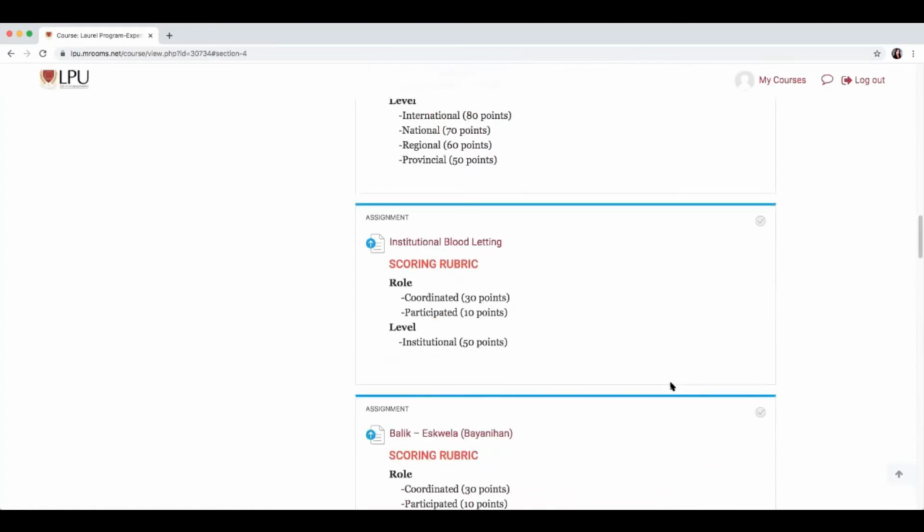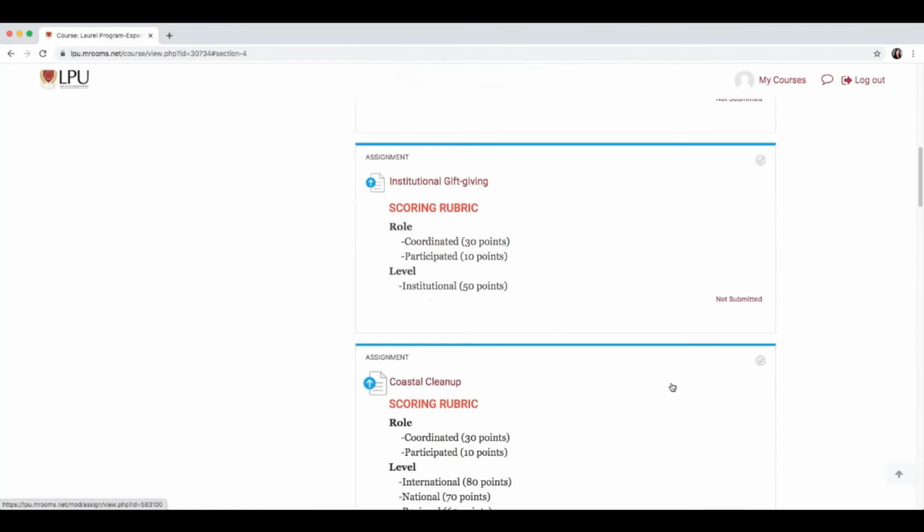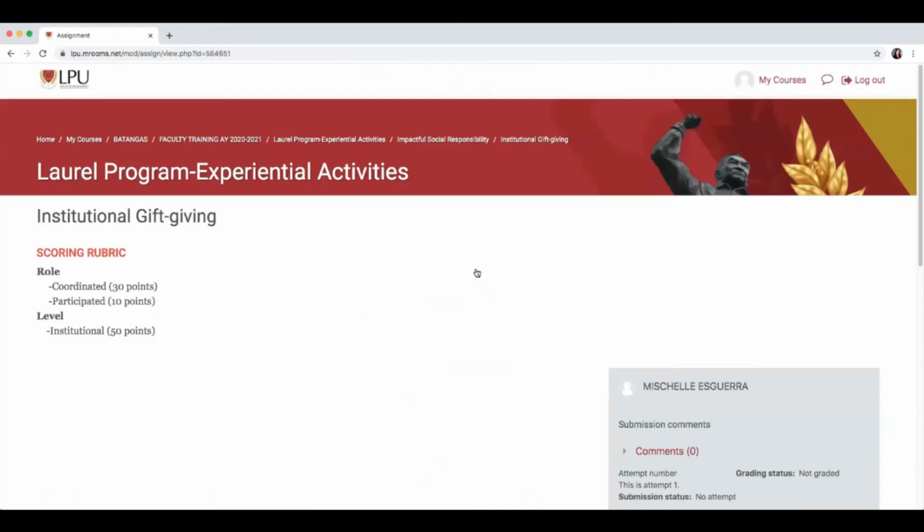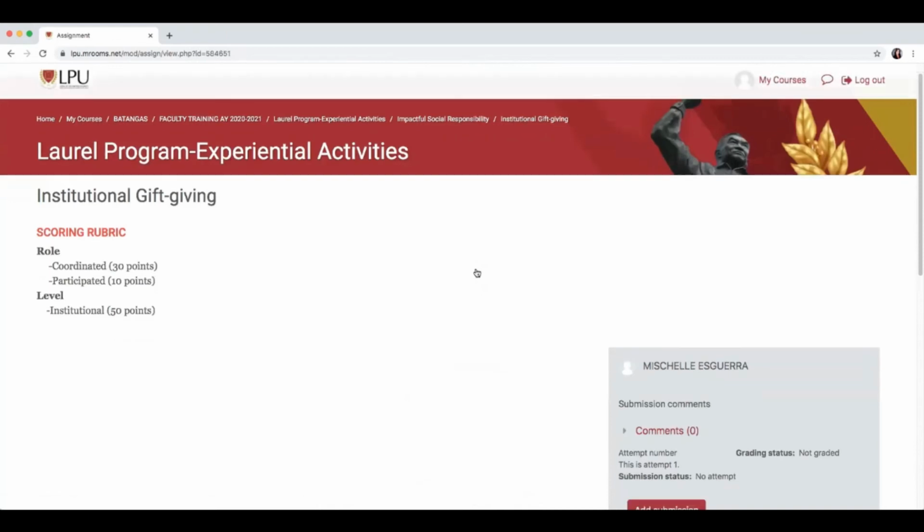Going back, for example, you want to submit your participation in the gift-giving activity. So kindly look for the institutional gift-giving activity submission link, click, and then you will be directed to this interface.